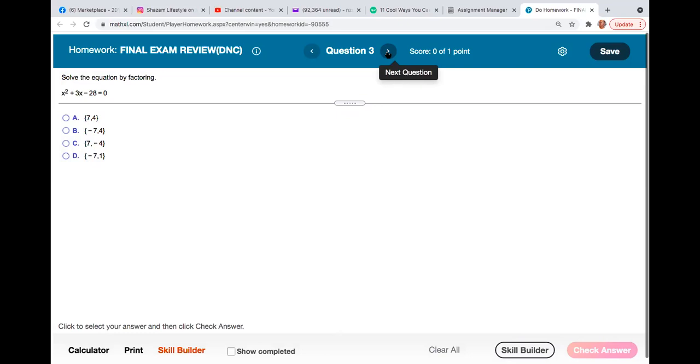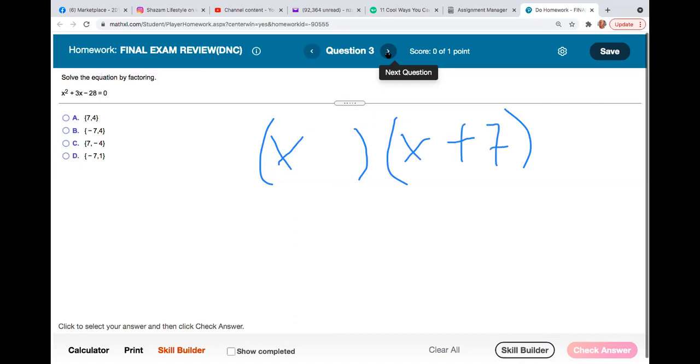Now, this next one right here, it says it's solved by factoring. Very, very easy problem. Remember, if you cannot factor, guys, use the quadratic formula, because this one, you can use the quadratic formula for it very easily. So for this particular problem, we want to split up the x squared into x times x. Then we want to find 2 factors of negative 28, whose sum is positive 3, which would be a positive 7,